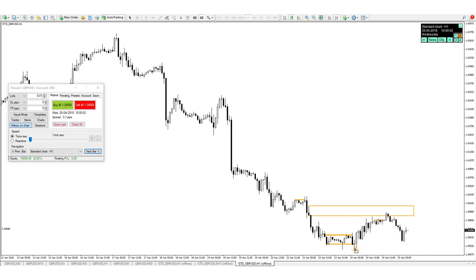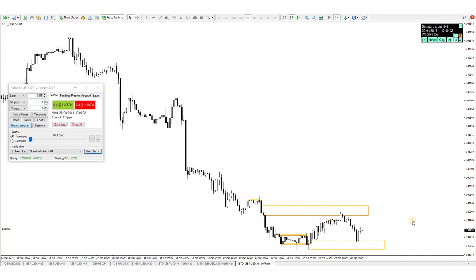The wick is not bigger than the indecision candle, than the base, so I'm drawing here my demand zone. Beautiful picture. We have supply, we have demand, but in my opinion, the market is bearish, as the structure is broken. We went back here, but what is important for me in this moment is that